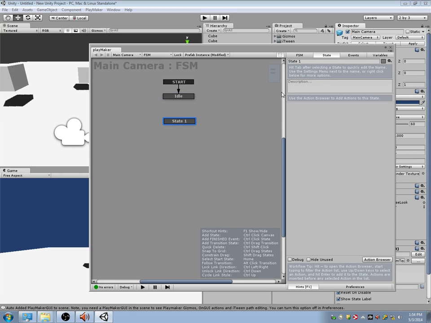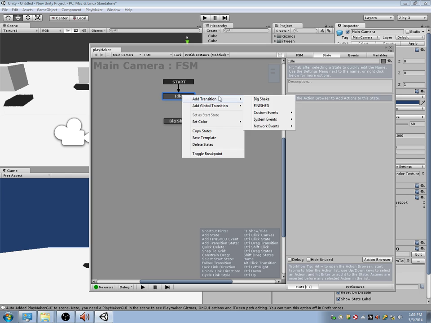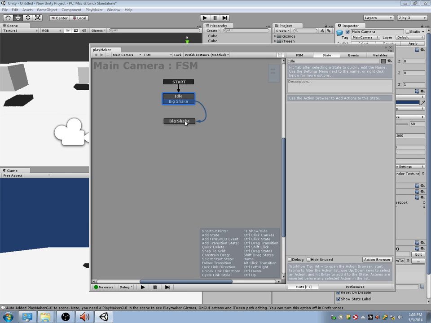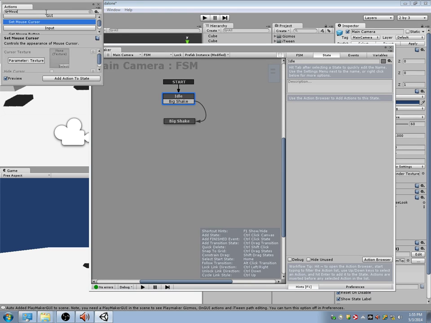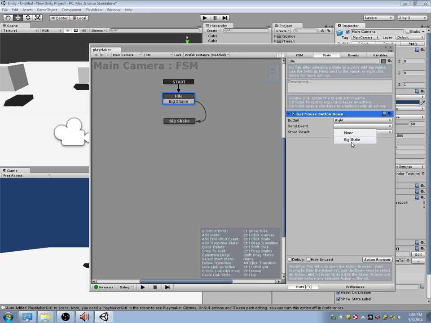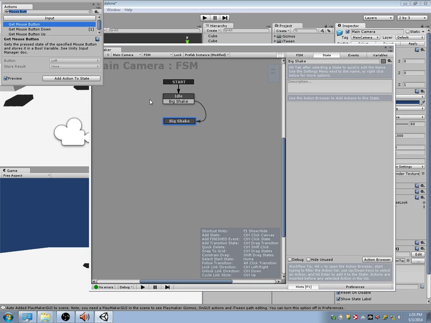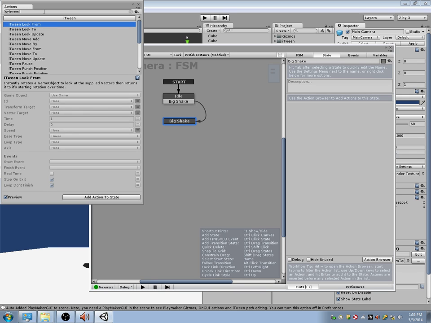And I'm just going to set up another state, which is called a big shake. And I'm going to make an event called big shake and transition into here. For now, I want this thing to happen on my right click. So when the right mouse button is clicked, I'm going to go to this state. And the very first thing we're going to try is, if you look for iTween shake,